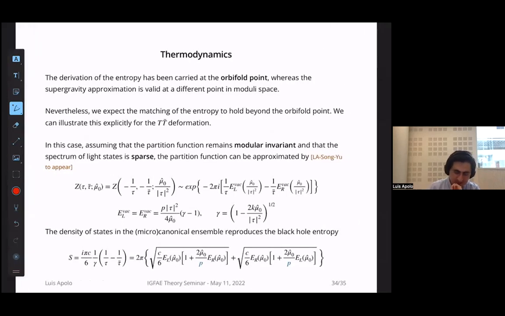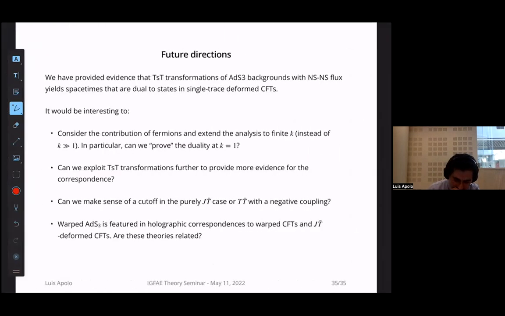Okay, so there are some additional ways we can try to derive this entropy that I will not mention at the moment, that rely on exploiting the modular invariance of the theory in a different way. Okay, so I have provided evidence that these TsT transformations of AdS3 backgrounds with NS flux yield spacetimes that are dual to states in single trace deformed CFTs. And something that would be interesting to do in the future, and something that we're thinking